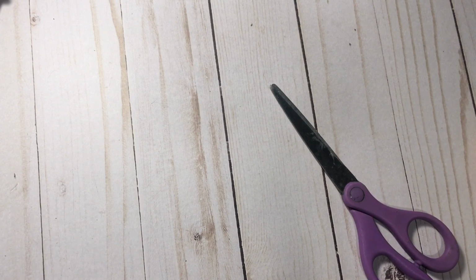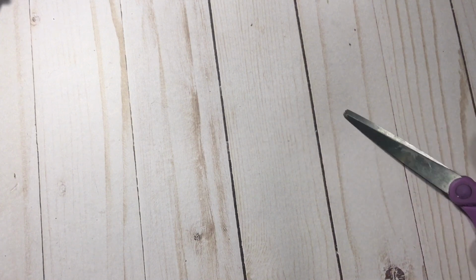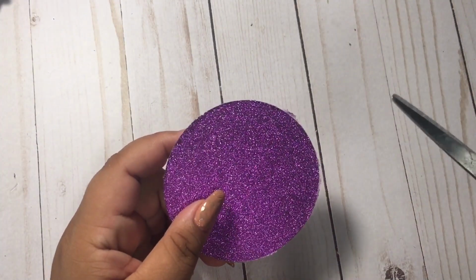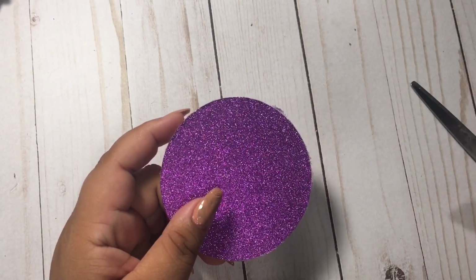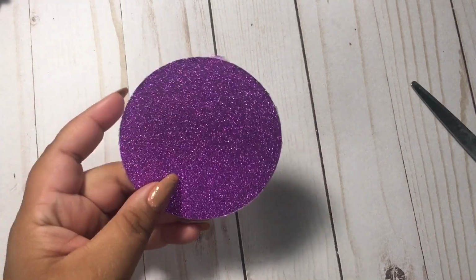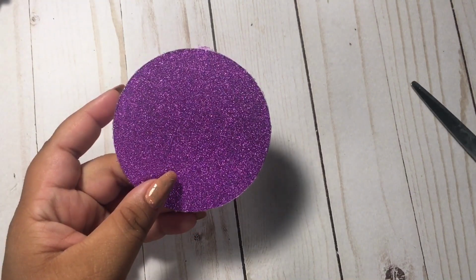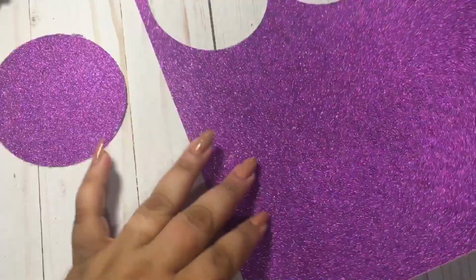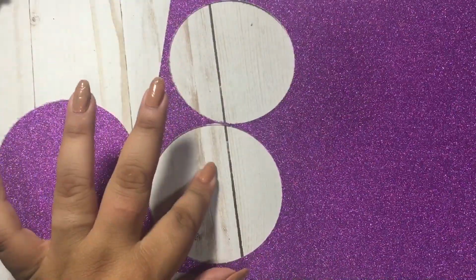And as I said, whatever kind of embellishment you guys have, bust out your ribbons, just whatever kind of embellishments you have, stickers, if you guys have twine. So I went ahead and I punched out this purple color is so beautiful, guys. I went ahead and punched out a circle,